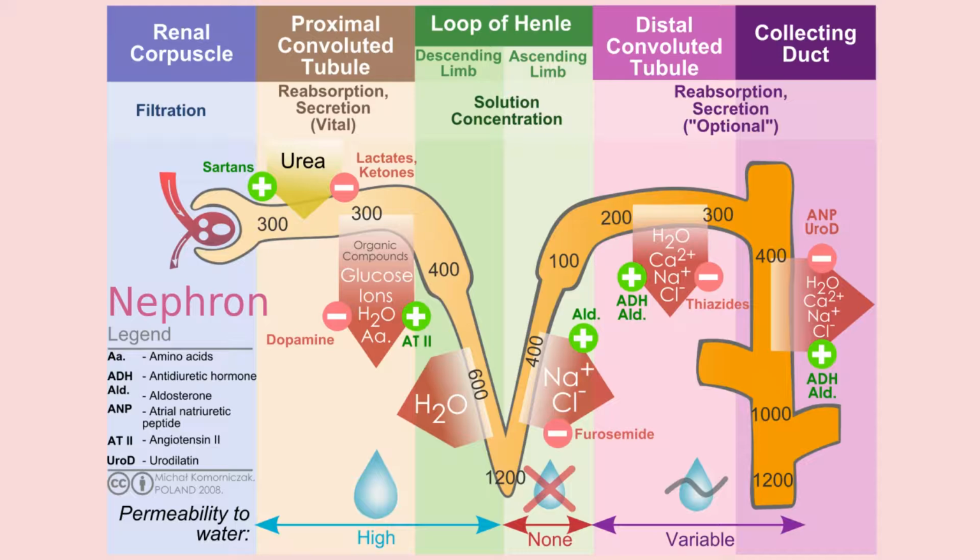So at the tip of the loop of Henle, down it is, the urine is hypertonic. Now again as it moves up it becomes hypotonic. Now depending upon the needs of the body, what is the situation in the body, the urine will be either concentrated or diluted. And how does this mechanism happen?